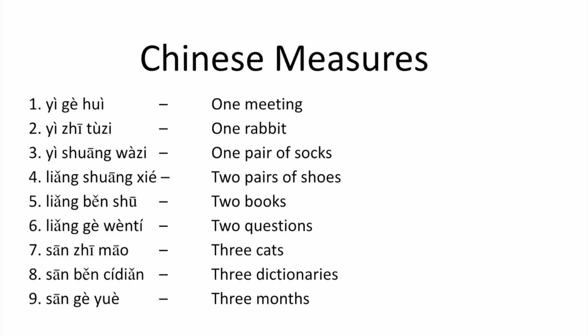The Chinese measure words problem deals with a common issue, dividing words into categories, and those categories sometimes have to do with the type of word they are. So, looking at the list, it's fairly easy to work out what 1, 2 and 3 are, because we've got yi, liang and san at the beginning of those expressions. And then, since the last word is different each time, that's probably the noun: meeting, rabbit, sock, shoe, books, questions, etc. So, in the middle, you have these measure words: ge, zhi, shuang, ben, and these actually indicate what type